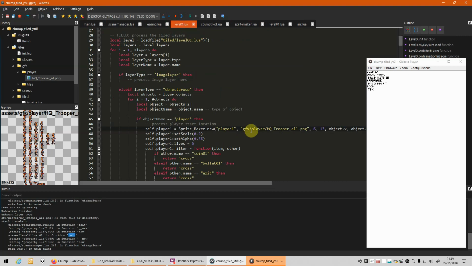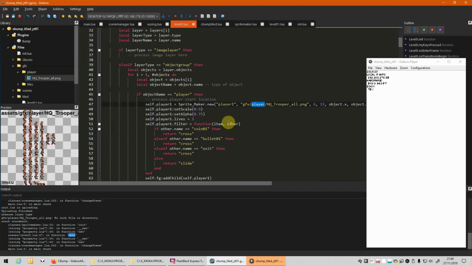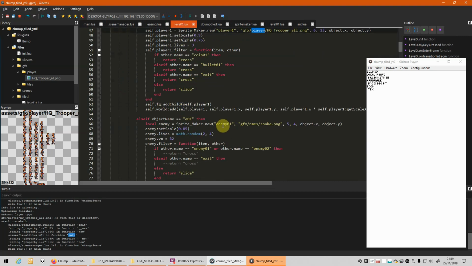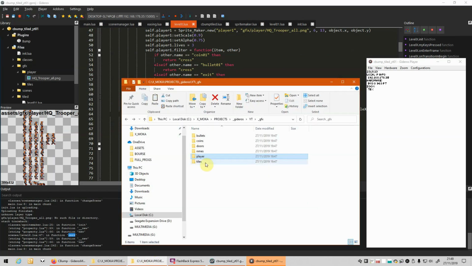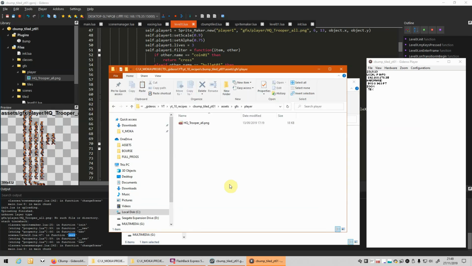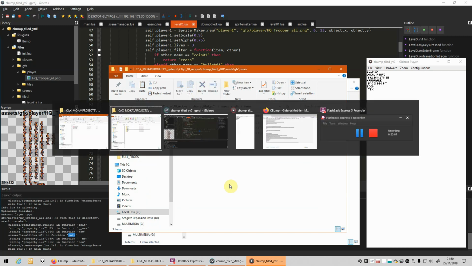So we have the graphics for the player, but we need some graphics for the enemy. So enemies, snake. So this is a snake enemy. So let's snake. Here it is. Let's copy the enemies graphics. Okay.